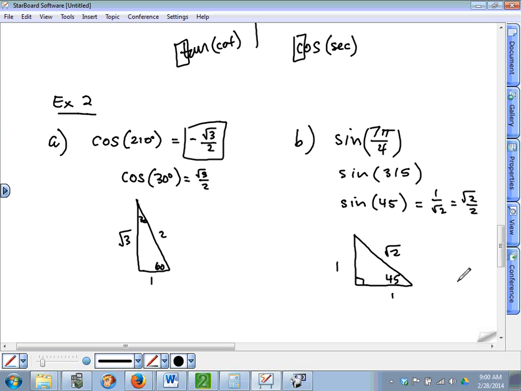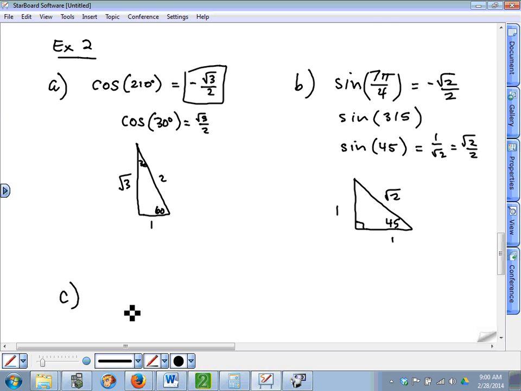But because we're in the fourth quadrant, what's positive in the fourth quadrant? Only cosine. We're doing sine. Or secant. So the answer to the original problem is related to this. We just have to make it negative. So the answer is negative square root of 2 over 2. Have you ever found one that's like already negative, but is now positive because it's in